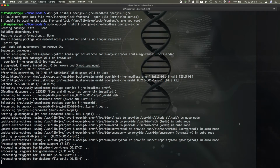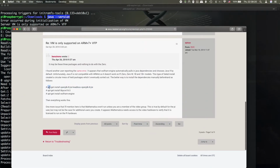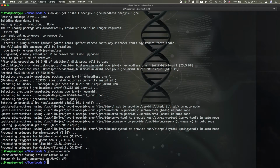Okay guys, so the update has completed, but it did not solve our Java problem. So if you look at this, I'm running the Java --version, it's giving me this error. So what I did, I just Googled what people do, and people just install OpenJDK like I tried, but they just have a proper command to do this here. They have OpenJDK JRE, which stands for Java Runtime Environment Headless, and the normal one, OpenJDK JRE. So I've just run this with sudo: sudo apt-get install openjdk-jre-headless openjdk-jre,